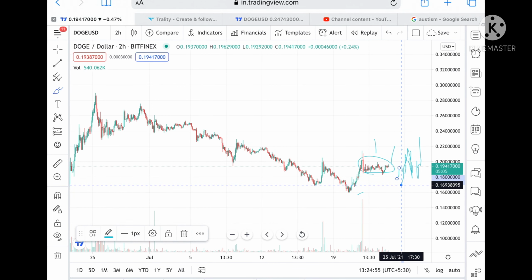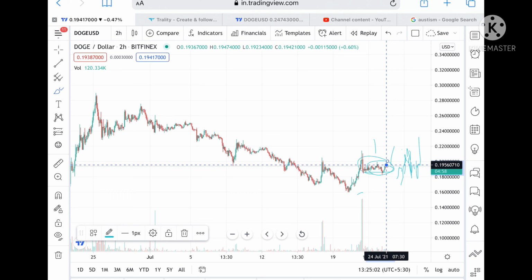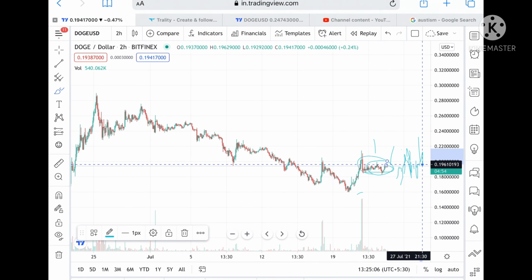So you have to remember that if it breaks this range upside or downside, we can see good upside and downside movement. But as of now, if it breaks upside, I'm looking at an upside break and it can go further high. If we talk about Ethereum,